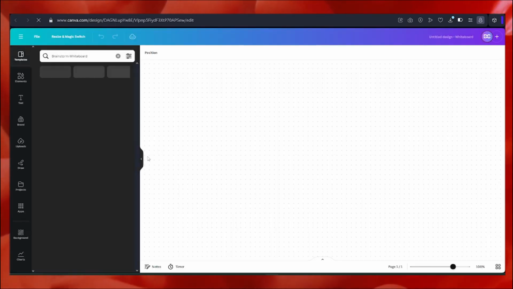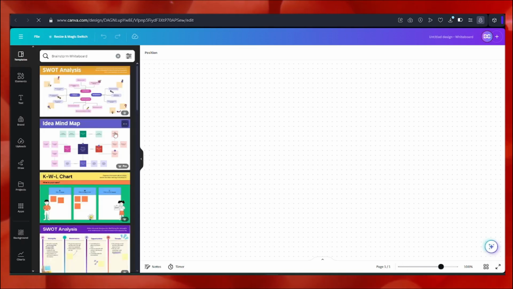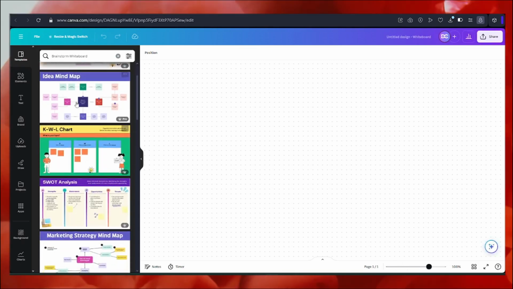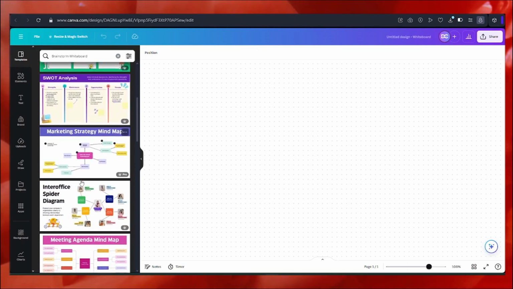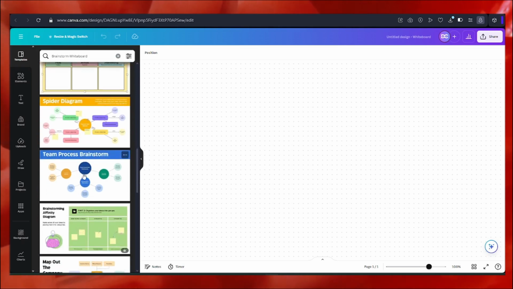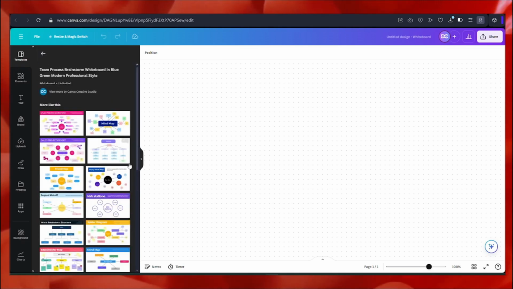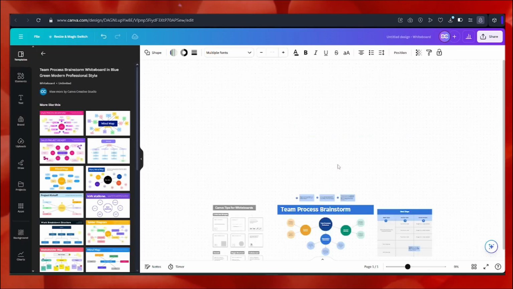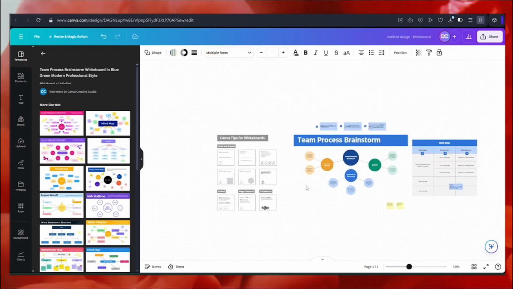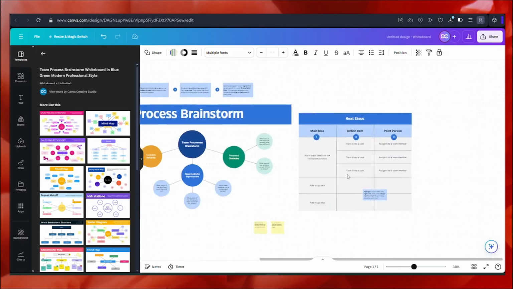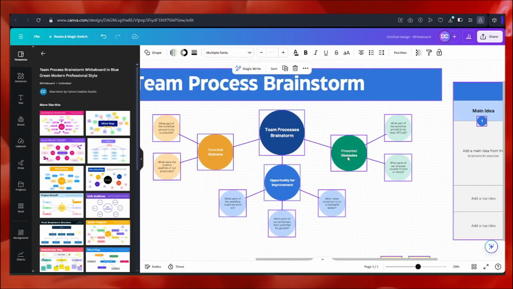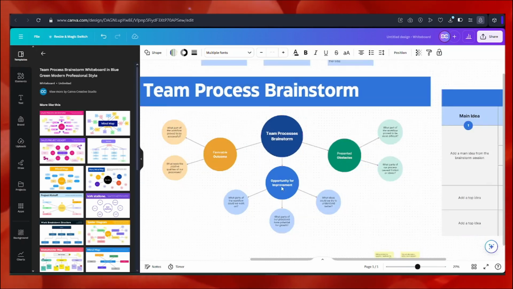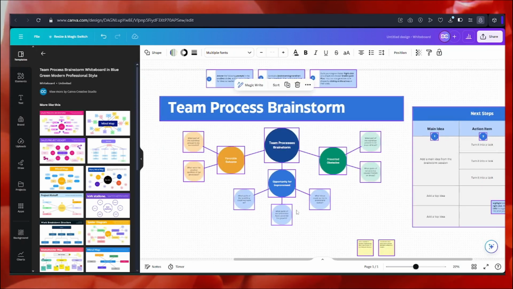As you can see, I can work on this new project with this idea, mind map. This you can sort, like the analysis that we have already done. The very same process, like the dream process brainstorm. I have selected this, and I get it on my canvas here. I can zoom it out, and again I can work on this flowchart. I can edit this different text and create a flowchart again for my team members.